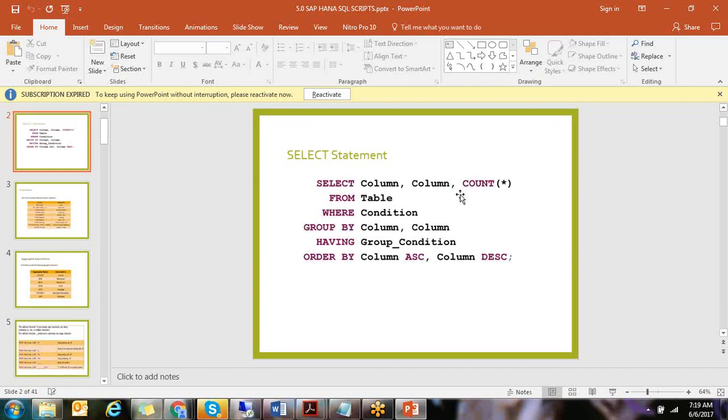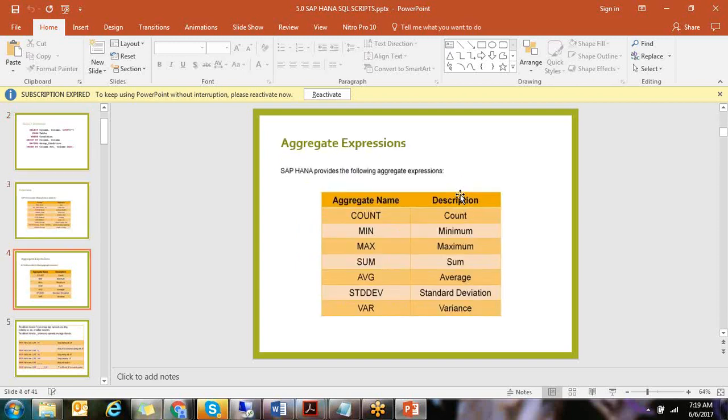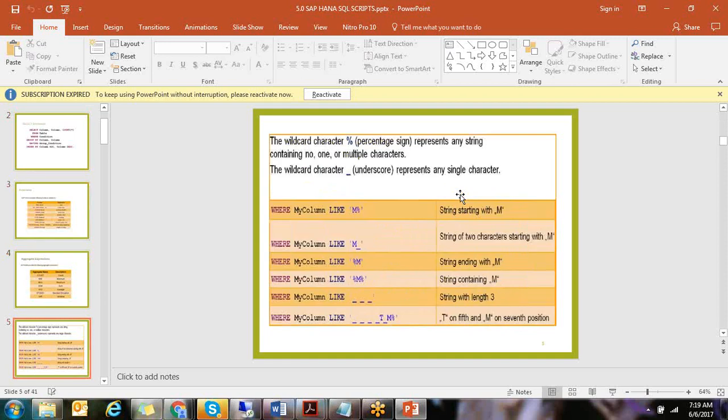This is the general select statement: select condition, where condition, group by, having. Where is for normal conditions; group by and having are the aggregation conditions.